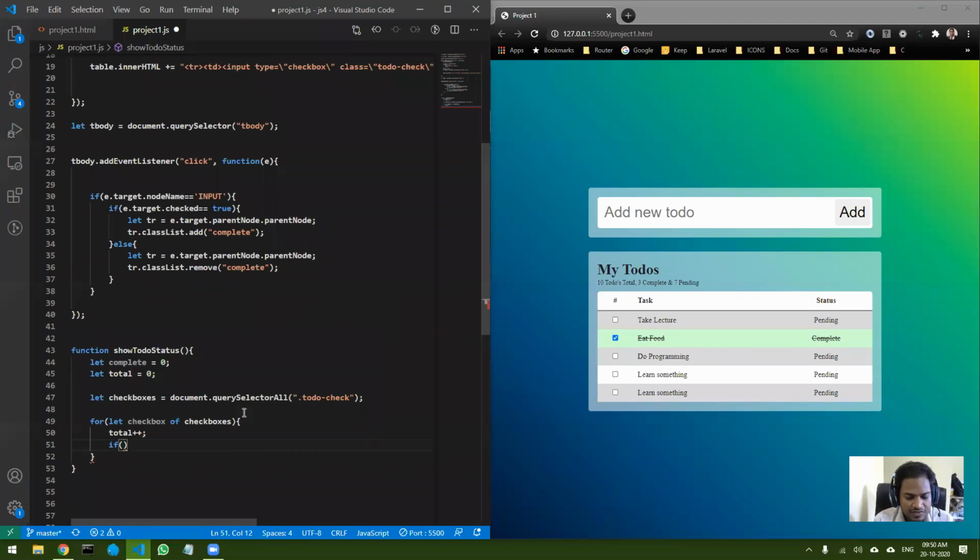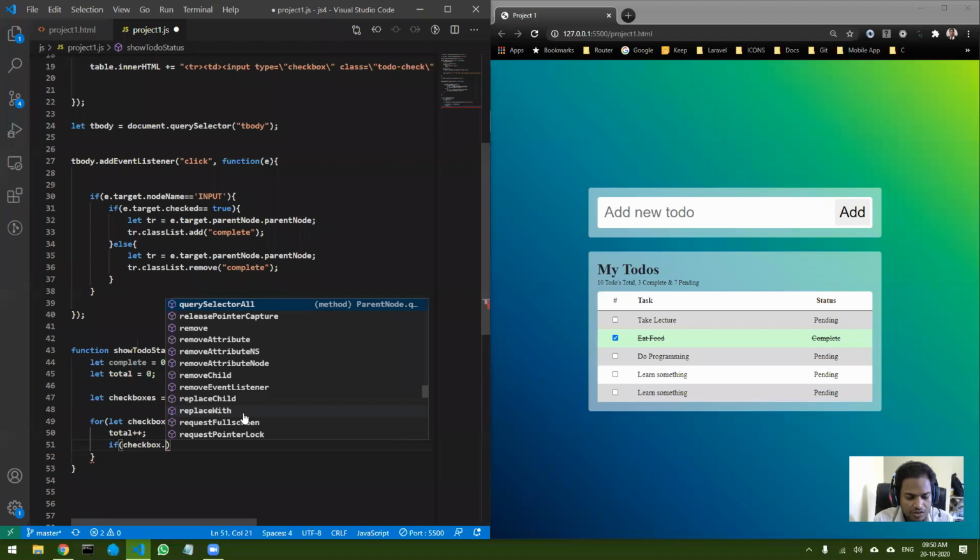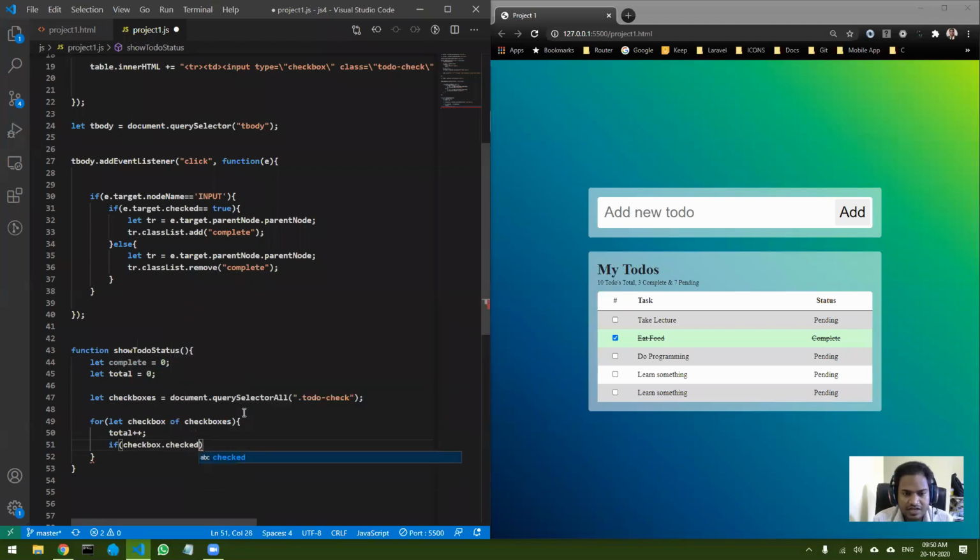So if checkbox dot checked. If you do not provide anything inside this condition, by default it is assumed that it is checking for true only. If it is checked, then I'm going to do complete plus plus.